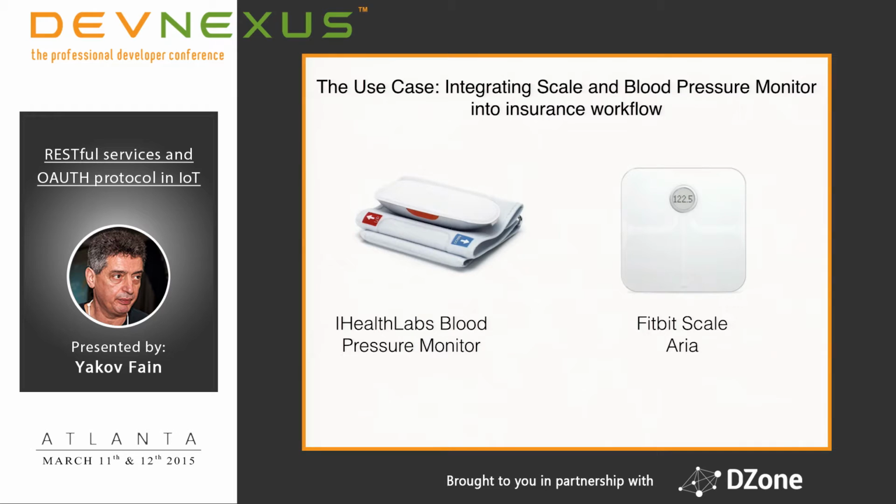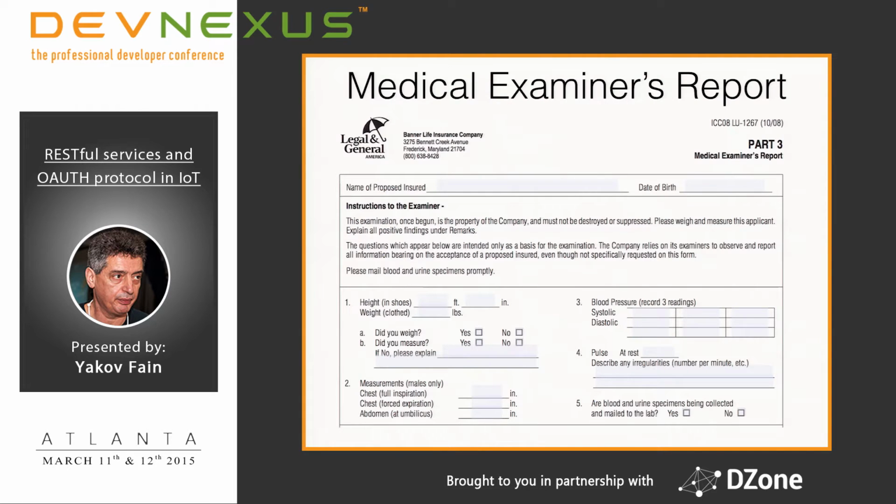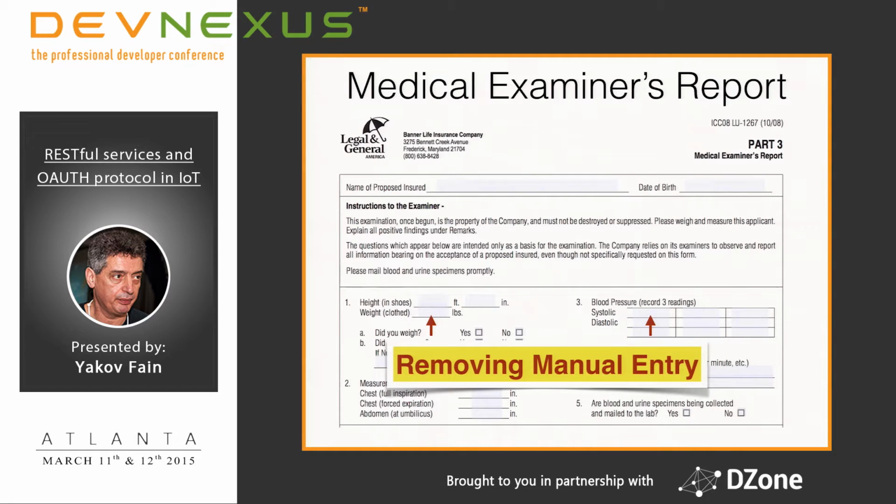And then we started to look at the APIs. And by the way, let me show you the form. This is our business application. In particular, this is a medical examiner report that, when the guy comes into the house, they will need to fill out. In particular, that form has a couple of fields. This is the weight of a person. And over there, there is a blood pressure measurement. And they have to do it 3 times and so on. So our use case or proof of concept was, can we make sure that these 2 fields are automatically populated in our application if I have this consumer device? That was the goal.